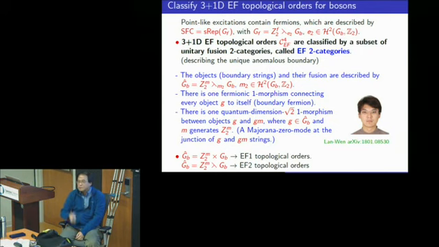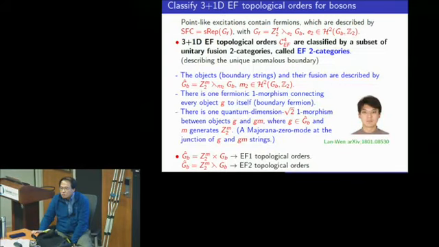I just wasn't clear to me. In the bosonic case, you had an argument for why you get everything, based on condensing, based on some axiom about boundaries defining a bulk uniquely. Is there a similar kind of heuristic argument for why this gives everything in the case where you have fermions? Yeah, that's right.